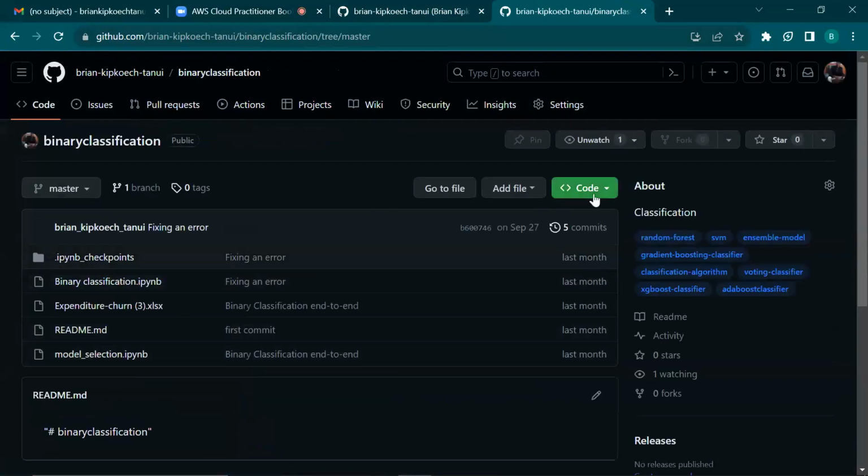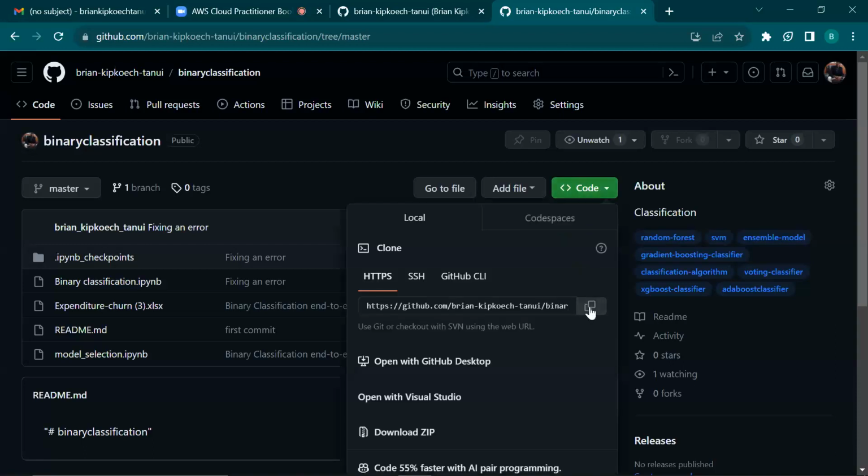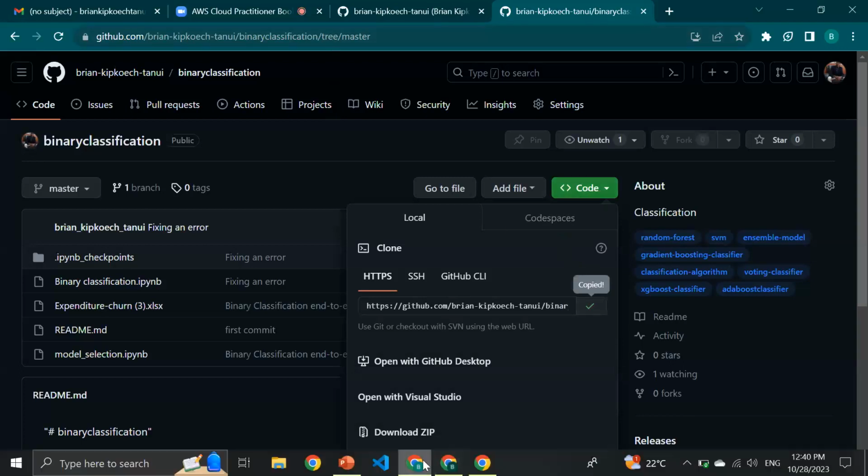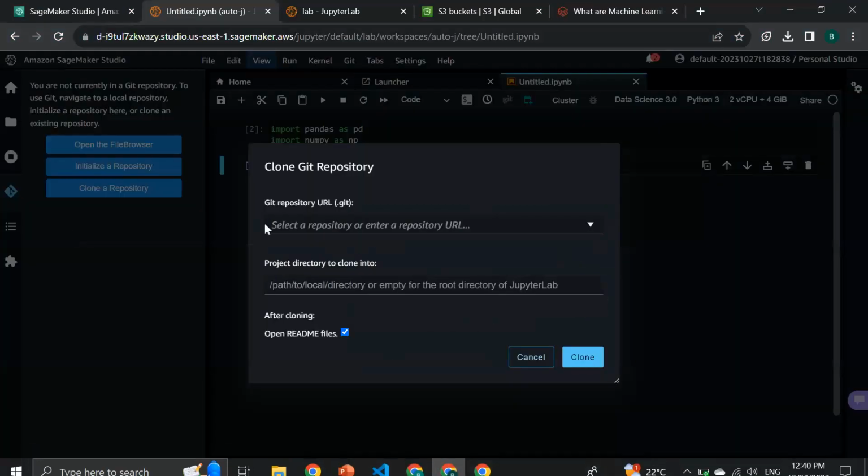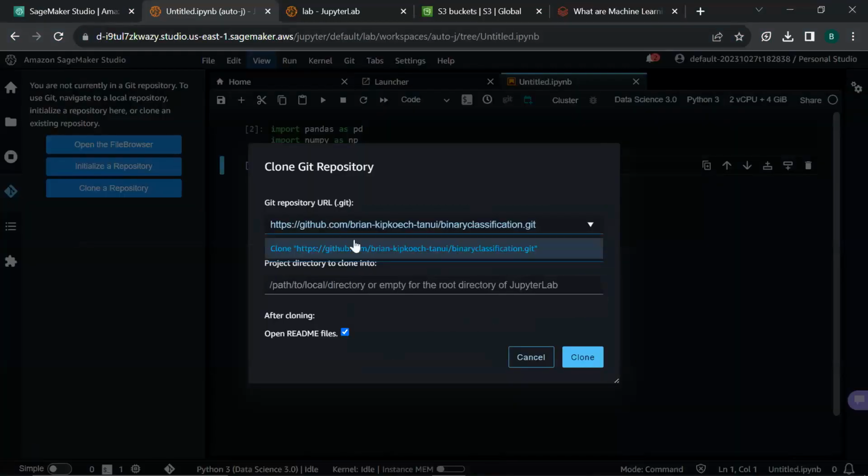Okay. First of all, let me get the link and clone it to my Jupyter Notebook environment. So I go to code and copy that link there, paste it here, and select that and click clone.